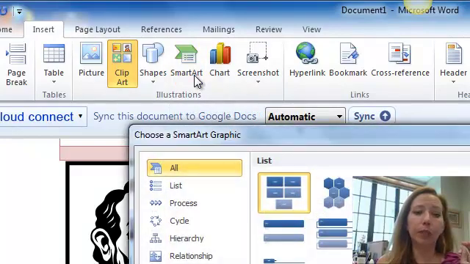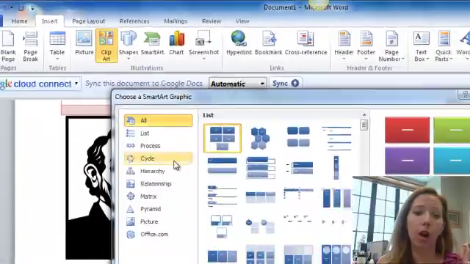Some of the other ones that are really good, SmartArt, which is wonderful. If you do anything with flowcharts or hierarchy of